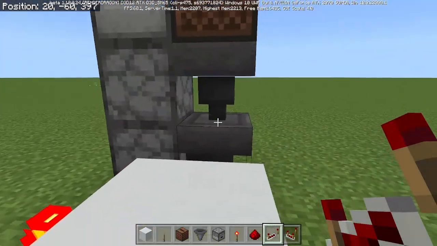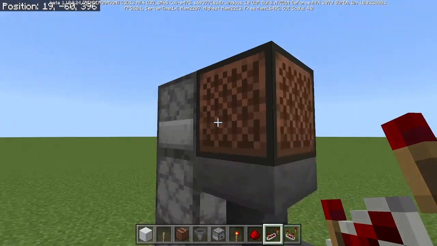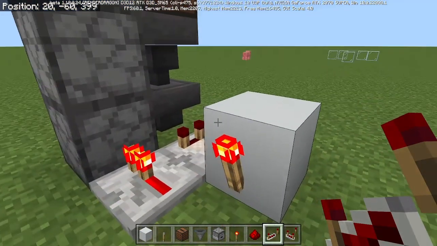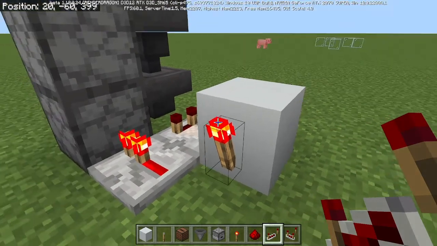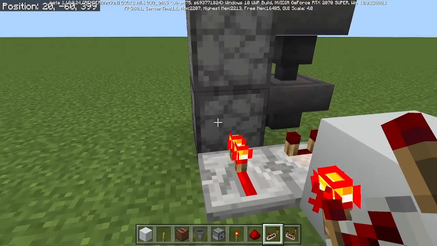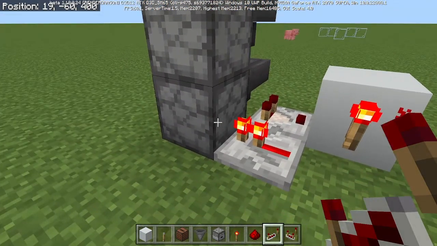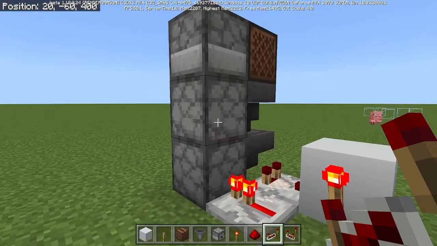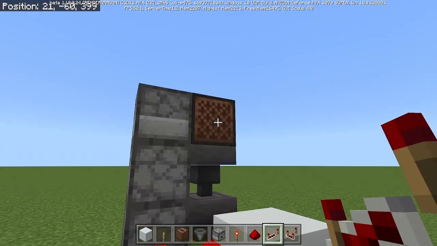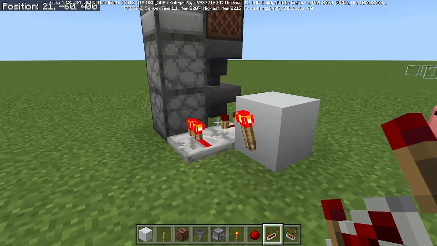Now, what's happening so far? You're placing the record in here, it plays. When it is done playing, it will drop into this hopper, and then it will drop into this hopper, and it will actuate this comparator, which will reverse this redstone torch, and it will send a pulse to both of these droppers, okay? So your record will go into the dropper, get spit into this dropper, and now we're going to build a mechanism for it to go on to the final dropper and get spit back into your jukebox. Alright, so.